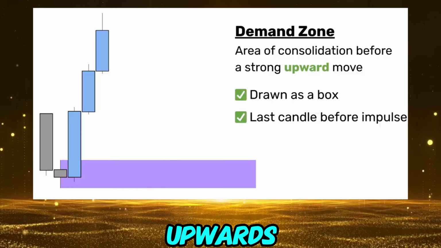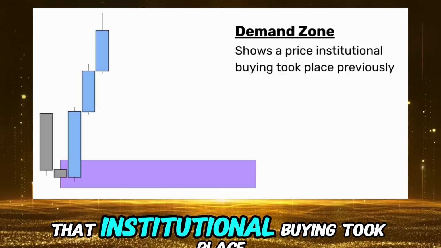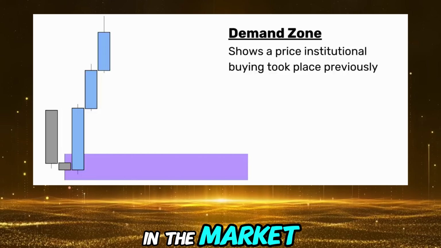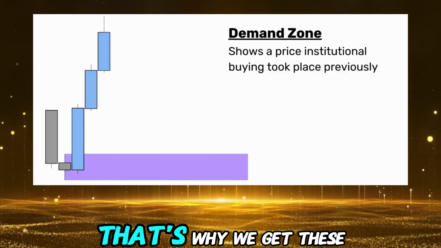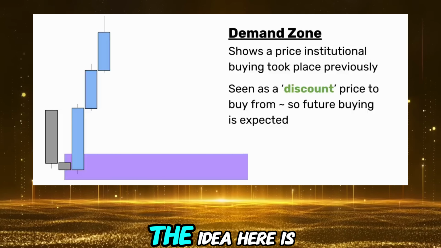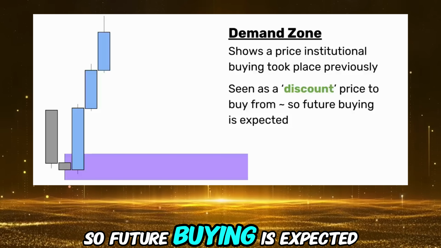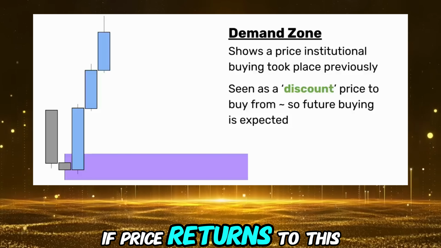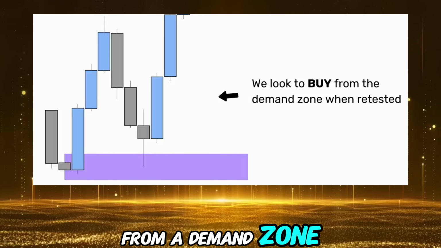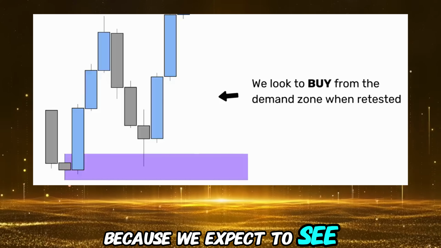just before a large push upwards. And the idea is that a demand zone shows a price that institutional buying took place previously. So very large players in the market placing very large orders. That's why we get these big drives away, and that's what a demand zone is indicating. The idea here is that this is seen as a discount price to buy from. So future buying is expected if price returns to this level. Here is exactly what we would expect to see from a demand zone. We look to buy from the demand zone when it is retested because we expect to see more of that